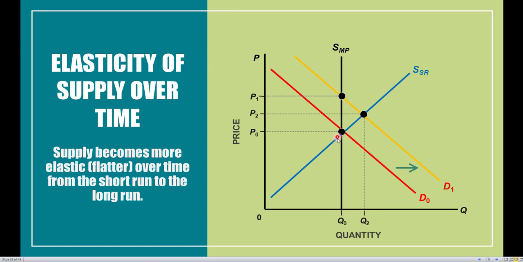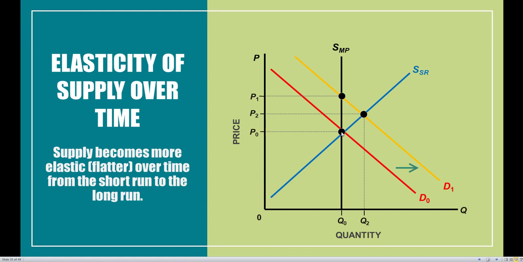However, it is going to be more elastic compared to the market period because the percentage change in quantity is actually changing in this instance. So for a fairly small percentage change in price, there's going to be a fairly small percentage change in quantity as well. And that's going to match up with our definition of a little bit more elastic compared to the market period.